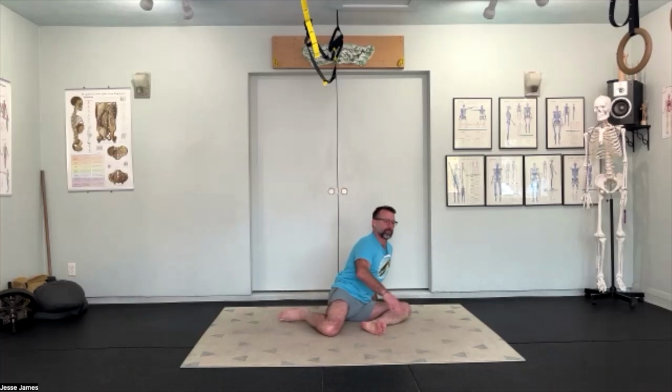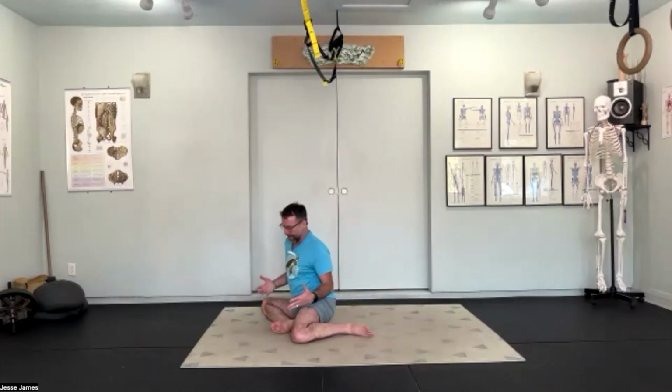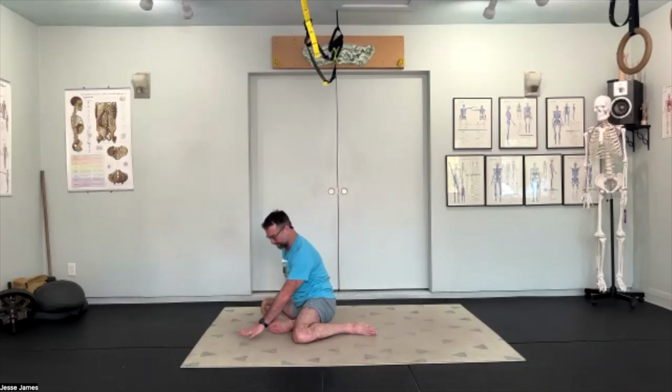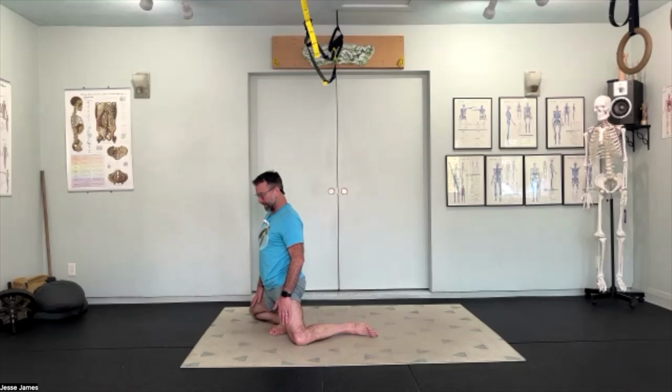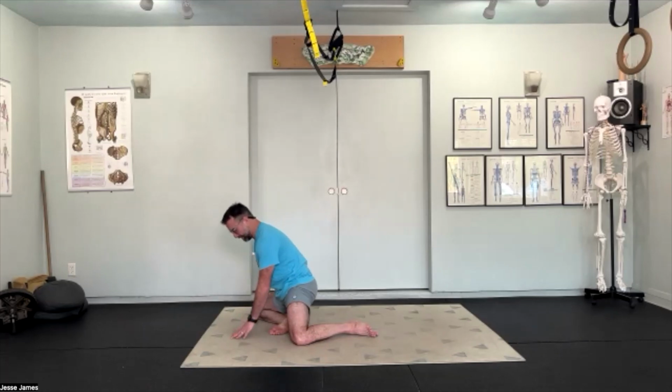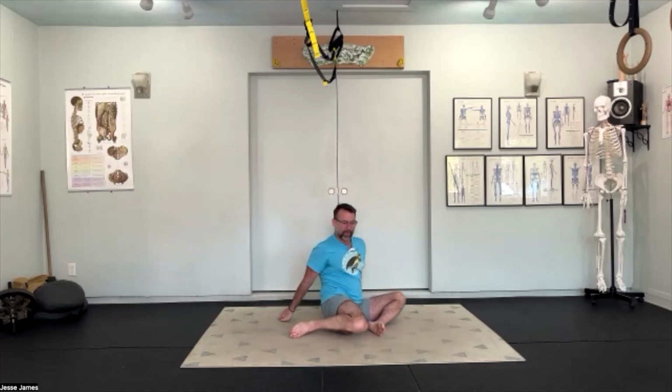We're going to go to the other side and do the same thing. I want to make sure this is not painful on both sides before we get into not using the hands. As we come up, get that nice scoop. Again, feel that nice stretch in the hips. And inhale as we come back down and go to the other side. Now, if that was not painful,